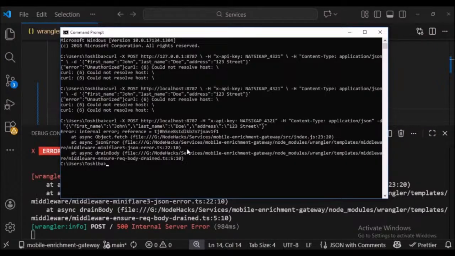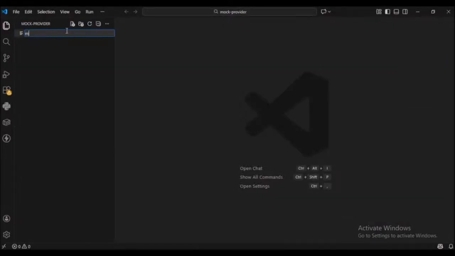Viewers, always remember that our gateway is designed to forward requests to an external service. Since the upstream mock provider does not exist or is not reachable at this stage, the gateway cannot complete the request. Viewers, before building a fully serverless enrichment provider, in the first step we make something simple to act as